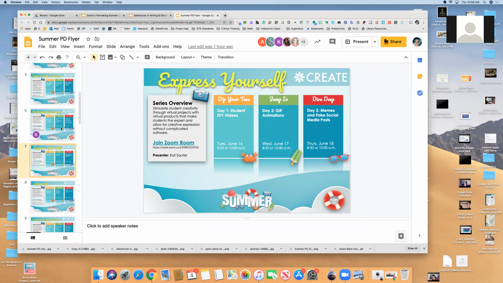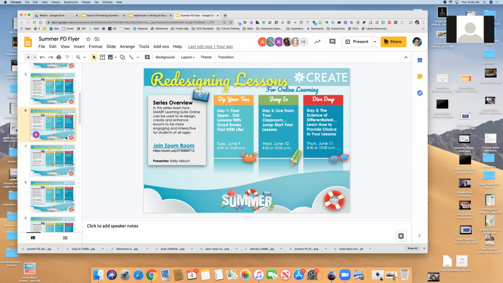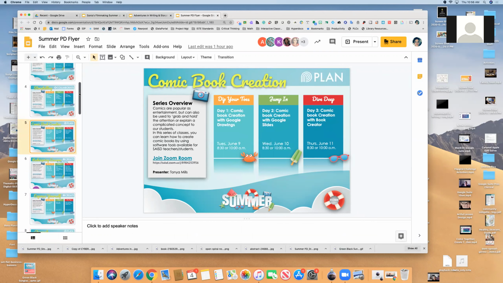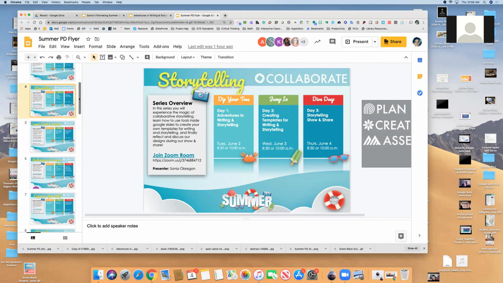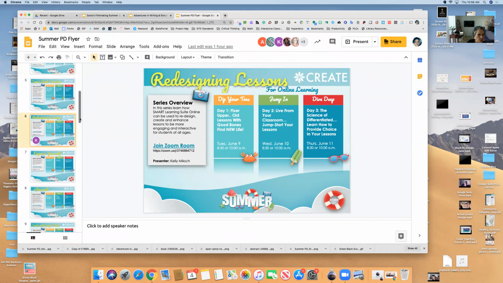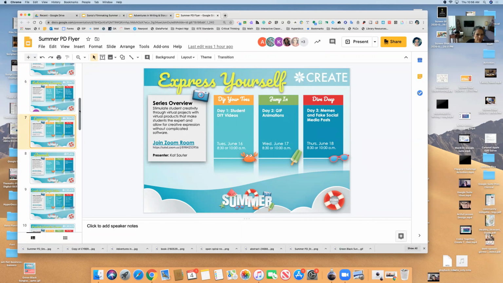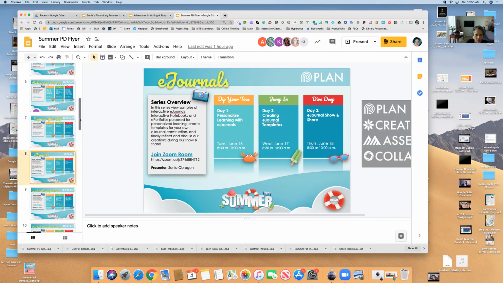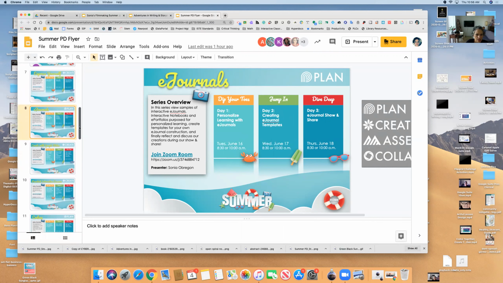And then some of the ones like Kat doing that Pear Deck and all that, are those exact same ones that they did at the beginning before the remote learning started? They're all different. All of our sessions for summer are different. Okay. They may have some similar attributes or characteristics, but we are constructing new lessons.